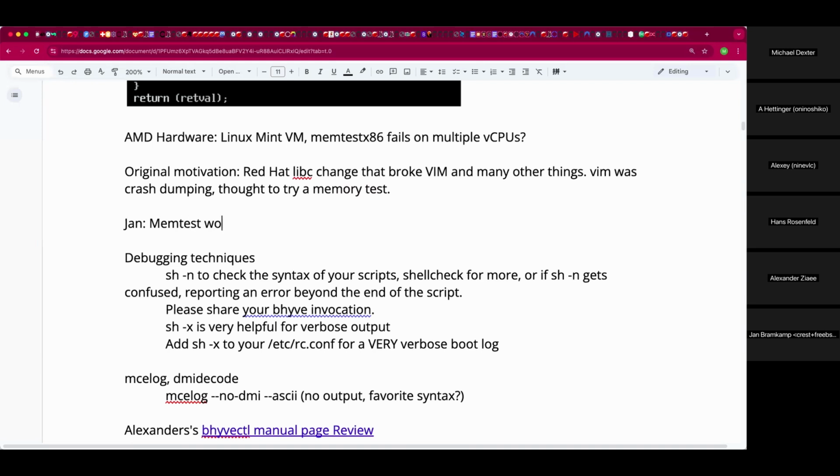Could this be a problem specific to memtest, or does the guest also fail to boot? It worked if I selected a single one of my CPUs. So let me test if it only works on the first.